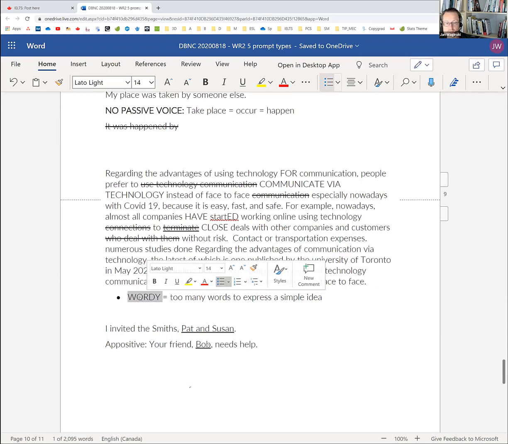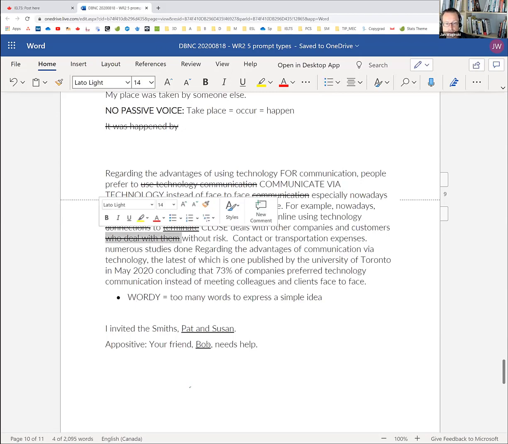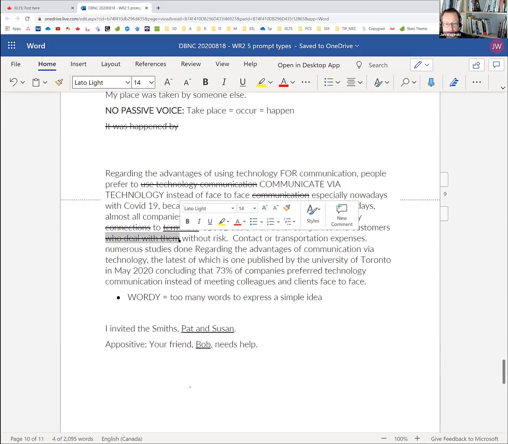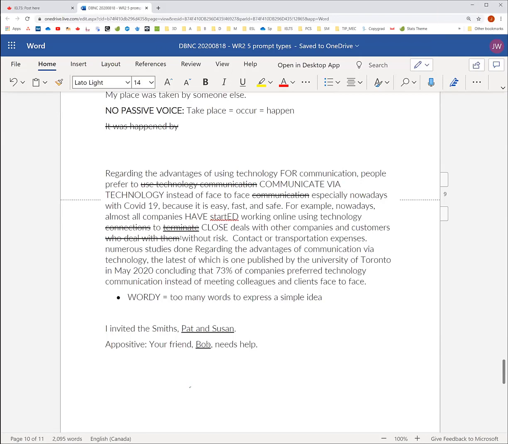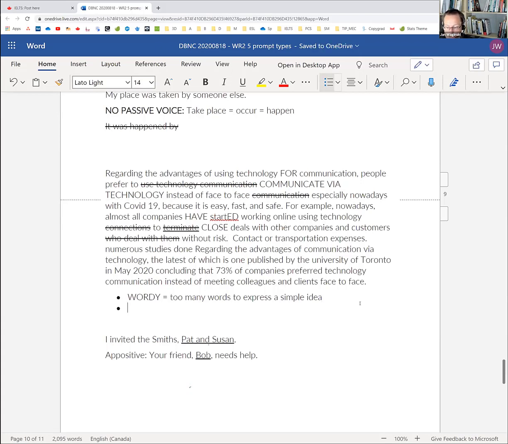They really do, because you've got all these additional words here, like connections and who deal with them, and it's not clear if you're talking about something that's more complex that I'm just not understanding, or if you're just throwing in words to pad an idea. In high school, we call this padding. Padding an essay, for example.